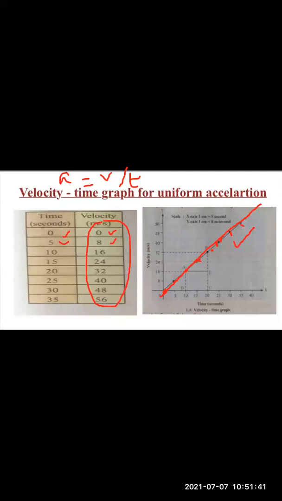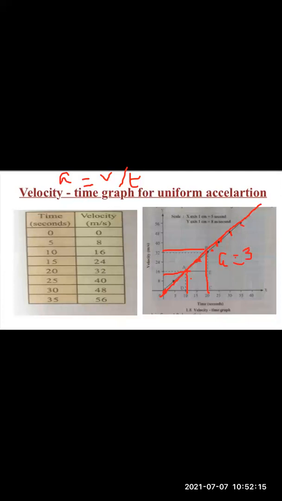Now, one part that has to be noted over here is, what if I find the slope? What if I want to find the acceleration of this graph between the time interval 10th second and the 20th second? The velocities corresponding to the 10th second and the 20th second are these, and the time intervals are these. So I can make use of the formula: acceleration is final velocity minus initial velocity upon time. What is the final velocity?